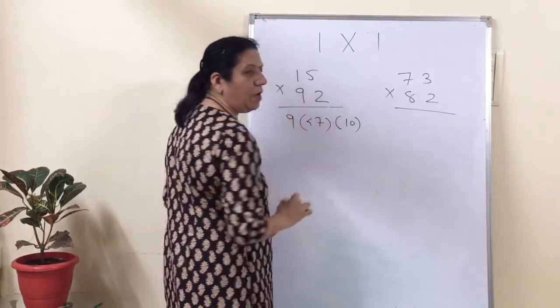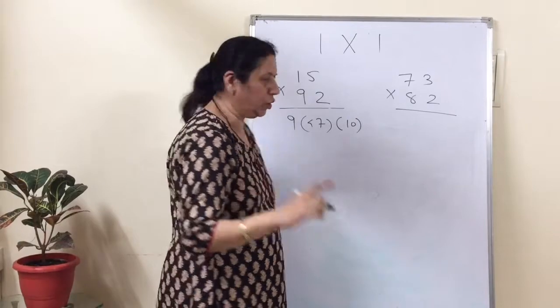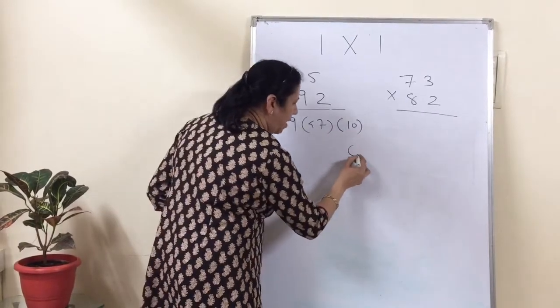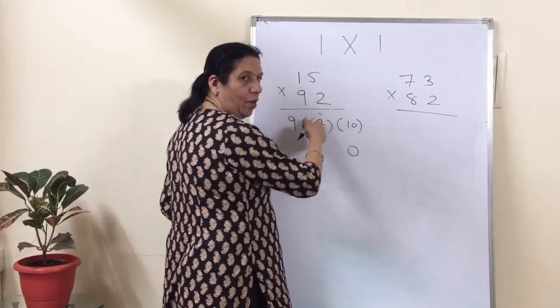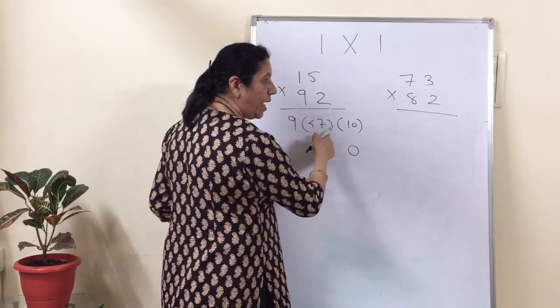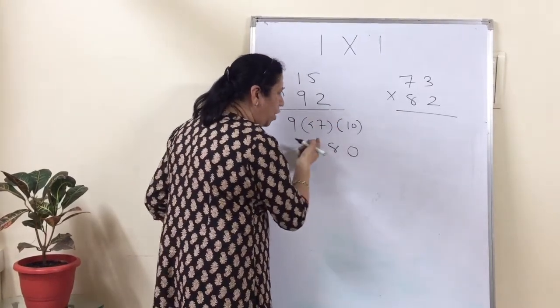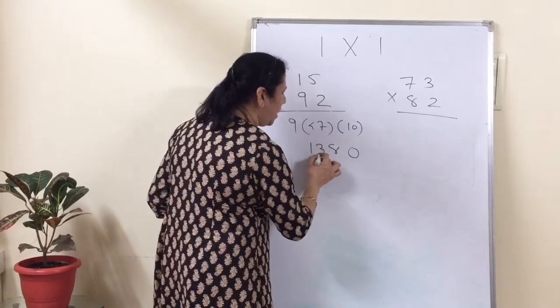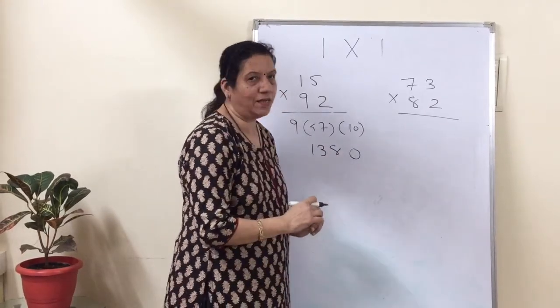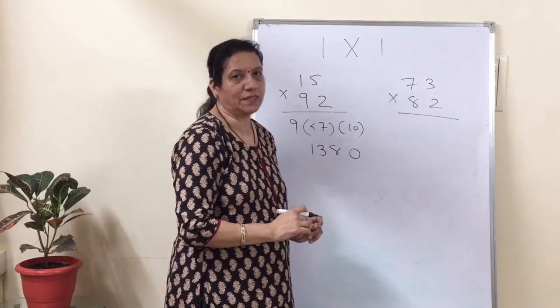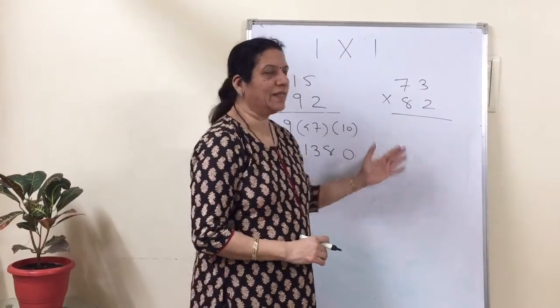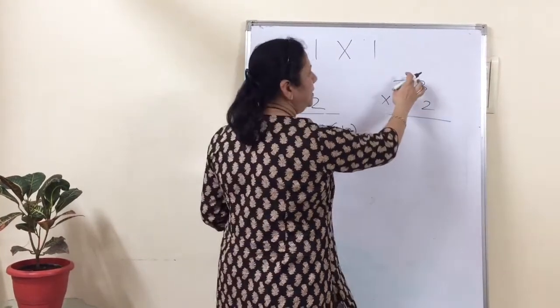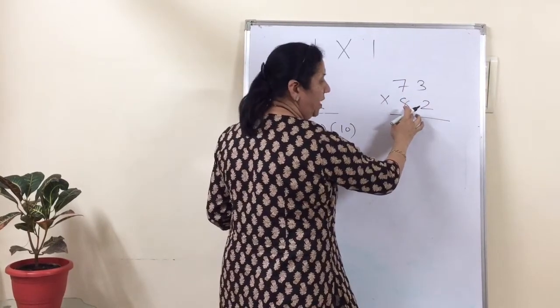Now see, every time in each bracket we should have one digit only. So what we will do, we will write down 0, 1 is carry over. So this will become 48. So we will write down 8, 4 is carry forward. So 9 plus 4 is 13, and this is the final answer that we get. I hope it is clear. Now let us take this example, same method. We first do the vertical multiplication.